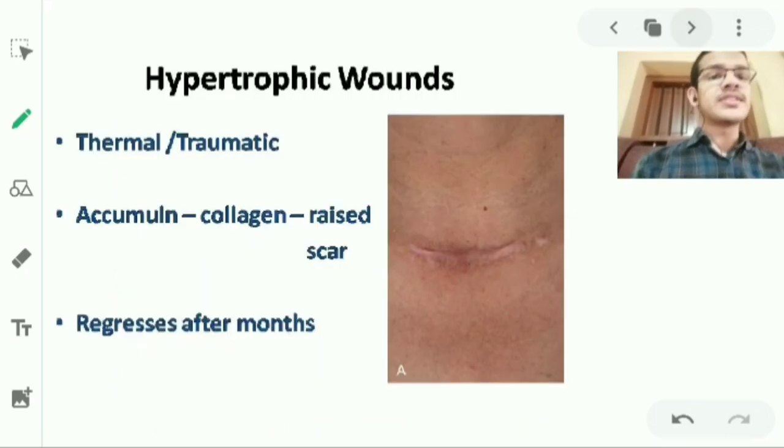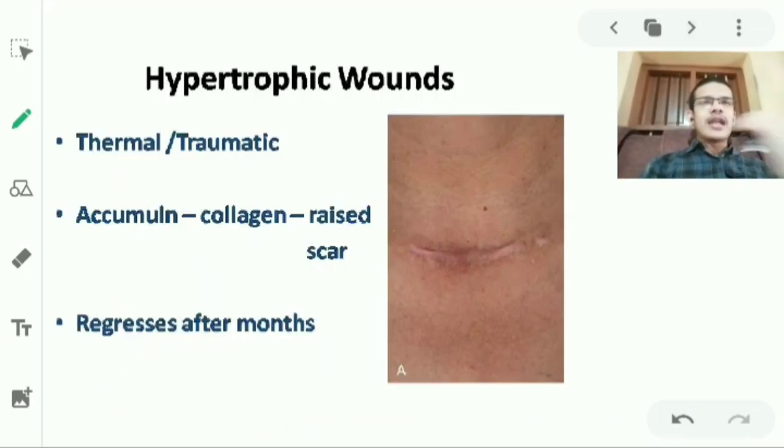Also taken from Robbins. So the last four cases were those of deficient wound healing. What if the wound healing is more? What if the scarring is more? We learned two headings: